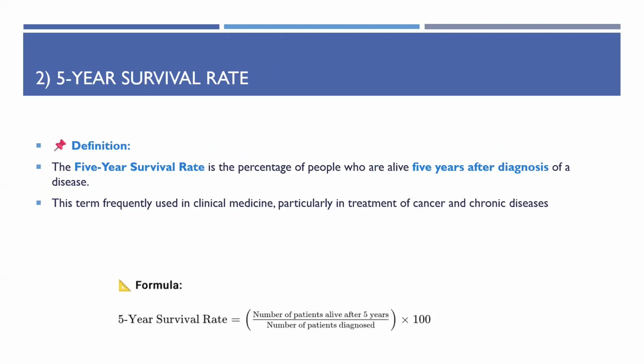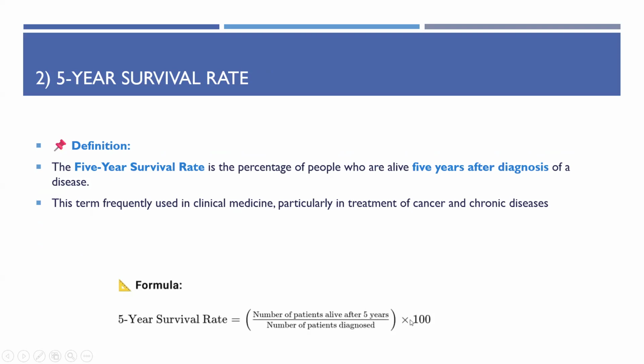Second is the 5 year survival rate. The 5 year survival rate is the percentage of people who are alive 5 years after the diagnosis of the disease. The term is frequently used in clinical medicine, particularly in the treatment of cancer and chronic disease. So the formula of 5 year survival is number of patients alive after 5 years divided by number of patients